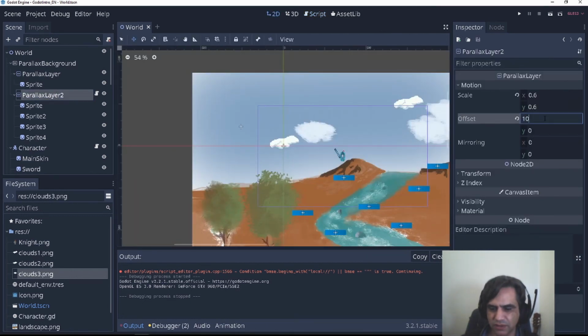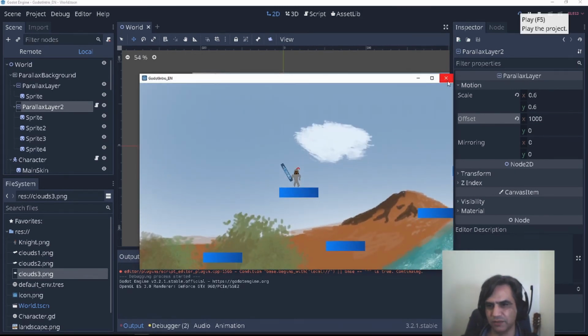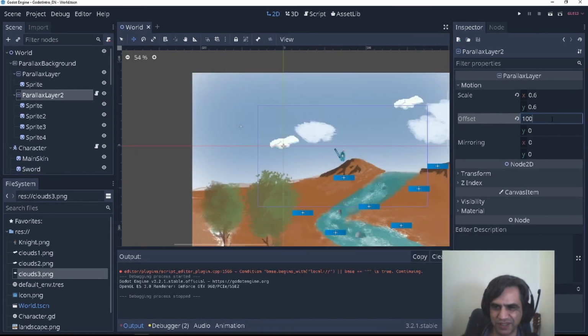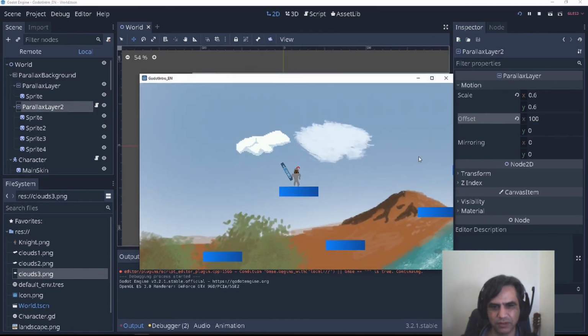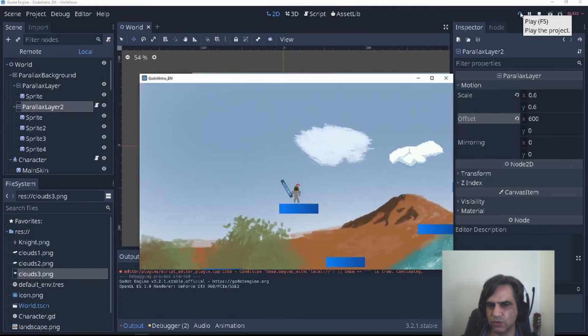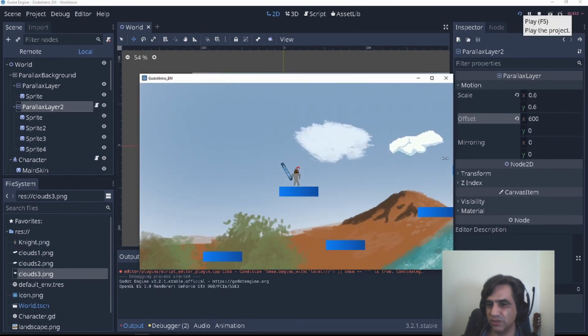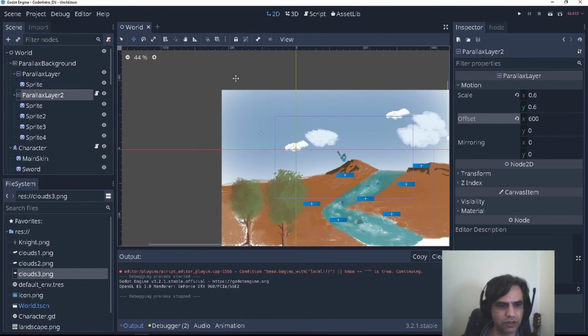Let's do. Yeah, it moved. Now it's too much. Or maybe not. Now I'm confused. So it is only the offset. But it moves. Maybe I was looking for a different one.